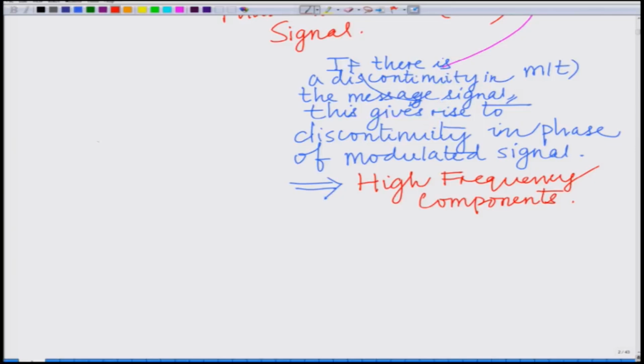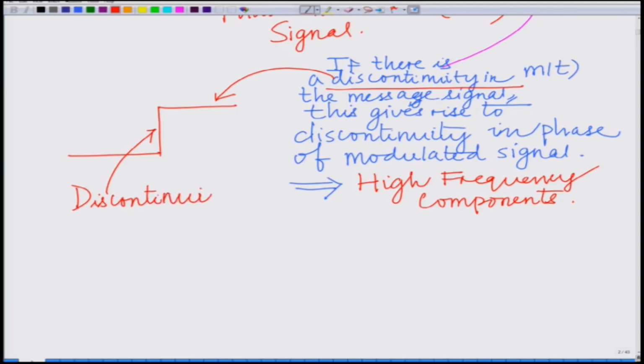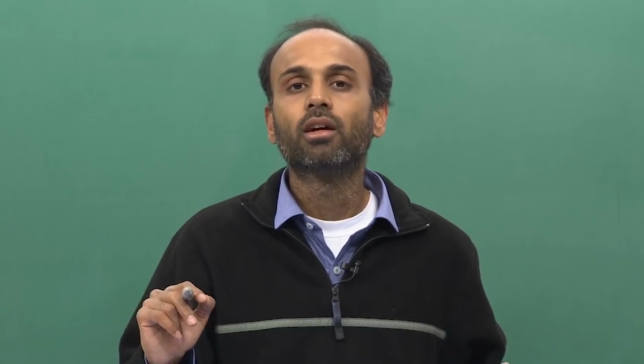So, what we can see is if you have a signal which is discontinuous, something like this, if there is a discontinuity in the message signal, that means there is going to be a discontinuity in the phase of the modulated signal, and this discontinuity in the phase gives rise to high frequency components in the output. Therefore, to avoid this, we use another form of angle modulation, that is termed as